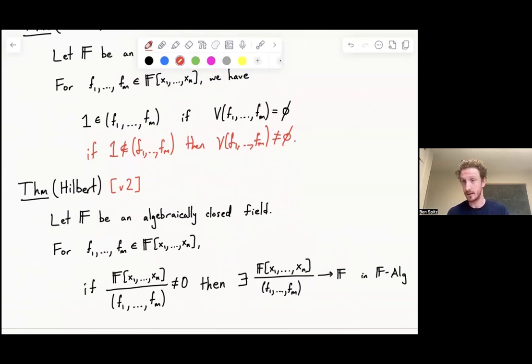We're going to have an algebraically closed field F. We're going to take a bunch of polynomials in the polynomial ring. If the quotient ring here is not the zero ring, in other words, if I didn't quotient out by everything, in other words, if this ideal didn't contain 1, then there's going to exist an F-algebra homomorphism from that quotient ring back to F. And what does that F-algebra